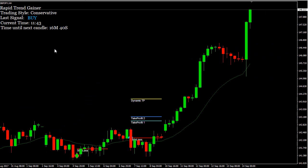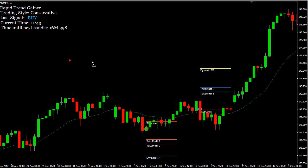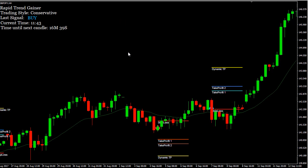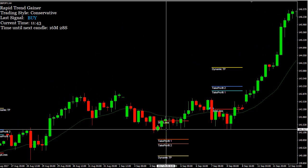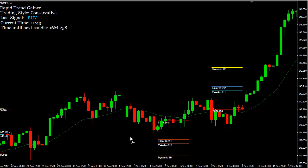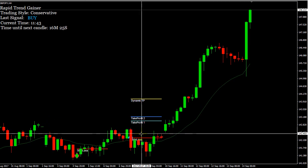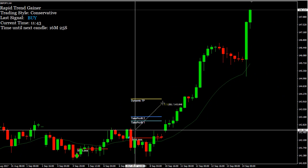Japanese yen against the pound. Oh, here we go. Where are we here? All right, here's the first. This one is actually a pretty quick stop out here for about 50 pips. So we got a minus 50 there. We come back around. We get in on this trade here. Comes around for